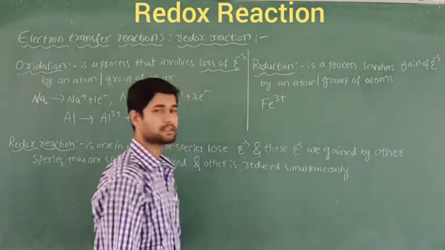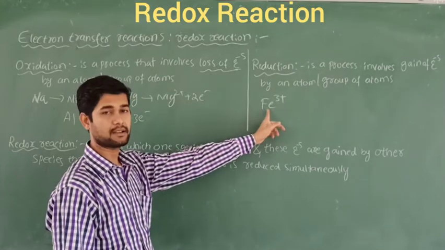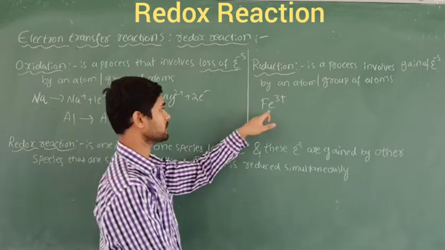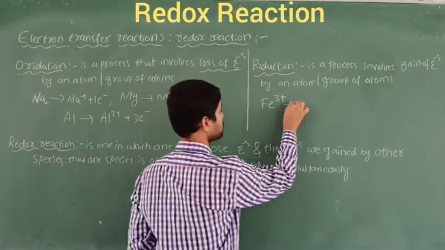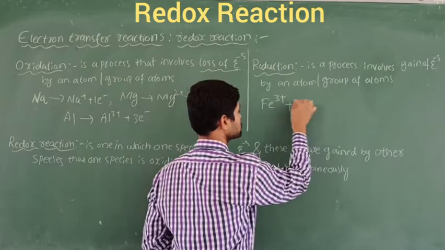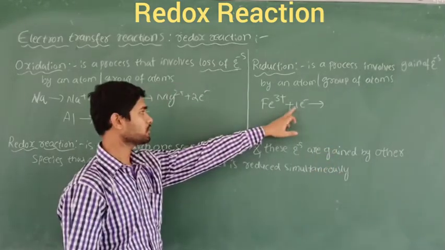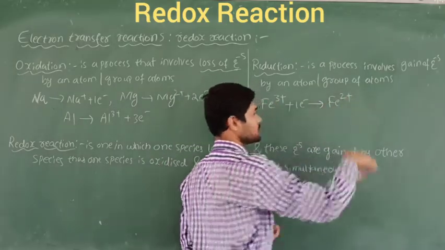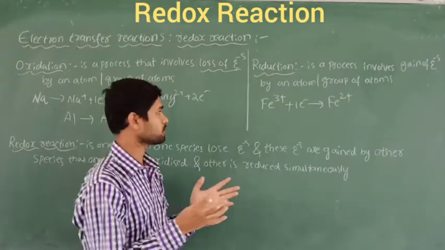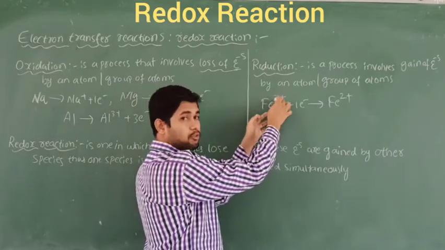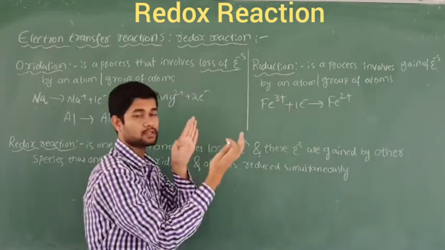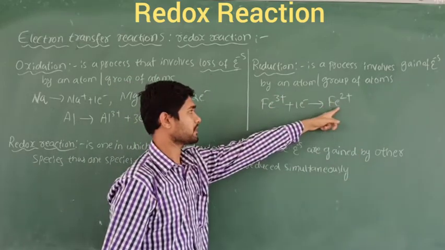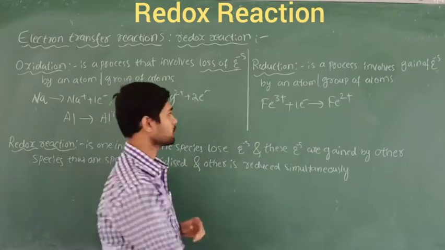Fe3 plus. Its name is called ferric. FeCl3 is called ferric chloride. That is the example. So now I am going to add one electron to this species. What happens when I add one electron to this one? Now it becomes Fe2 plus. You should not misguide yourself, because when I add one electron, it doesn't become 4 plus. Adding the electron means it gets one charge less. One less means Fe2 plus. So this is called ferrous. This is called ferric.